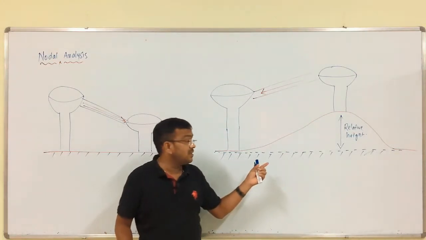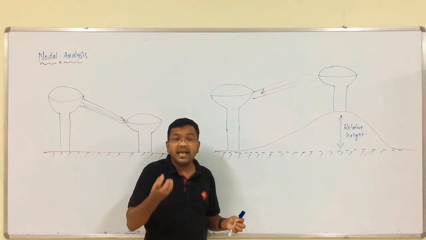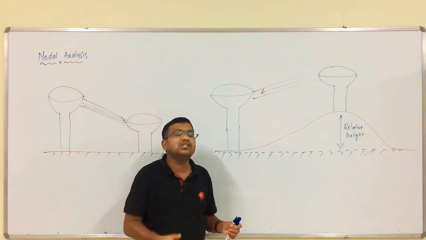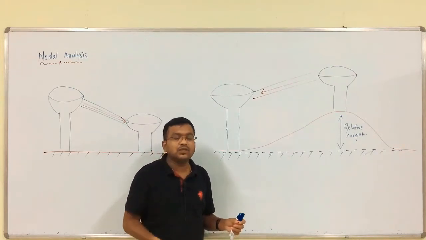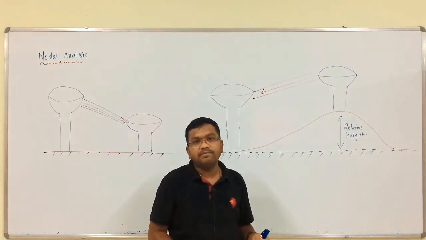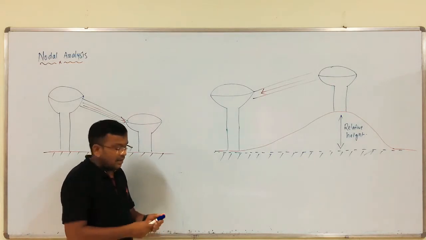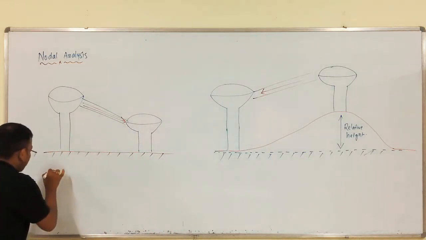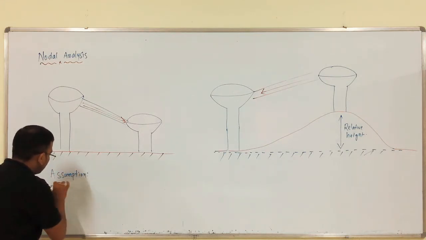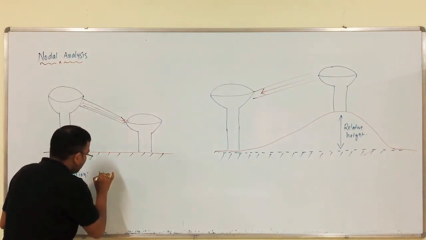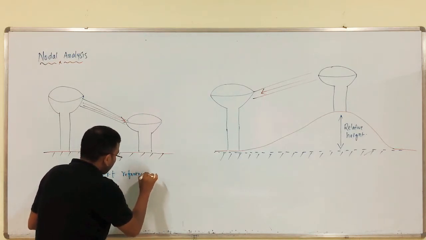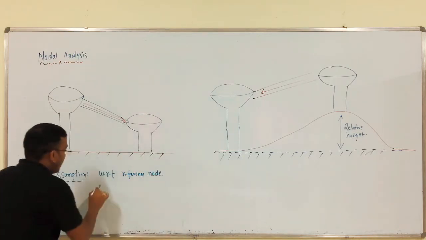By seeing this, we cannot tell the exact voltage of different nodes. We cannot judge it initially itself. After calculation only, we can tell the exact voltage of that particular node. Okay. So, based upon this example, we can make an assumption. What is the assumption? With respect to reference node,